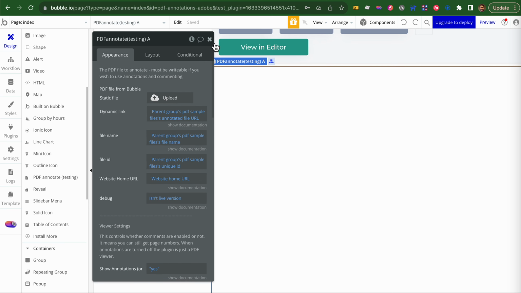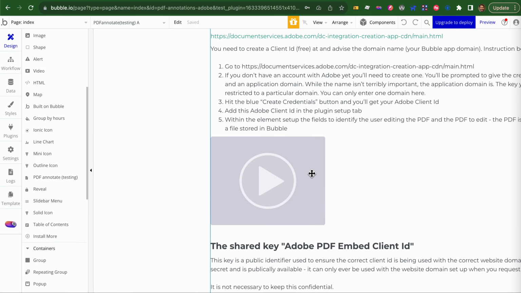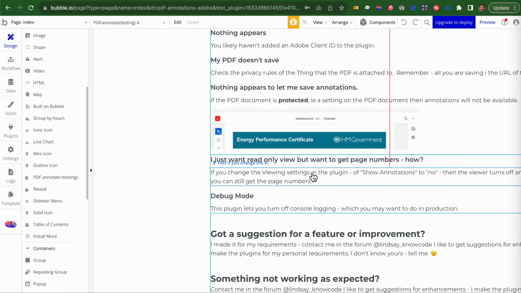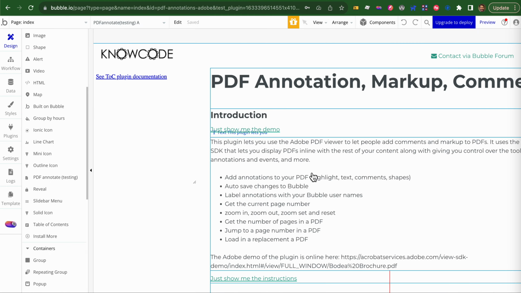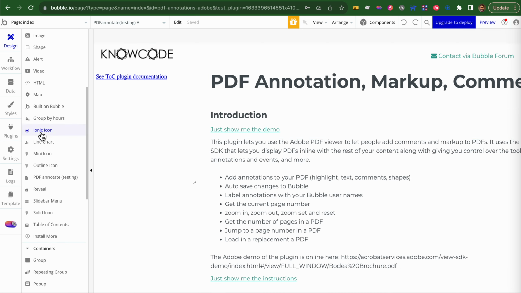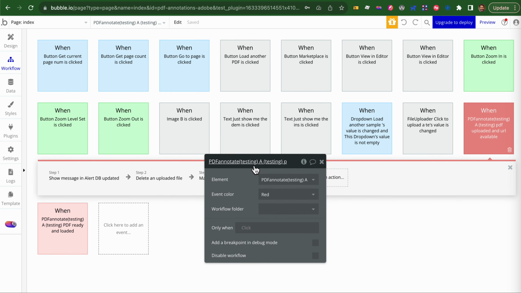But of course, you are able to. There's an action in there so that you can load another PDF. You don't have to do it on page load. You can reset the PDF that's being displayed. You can do that in workflows. So looking at the workflows,